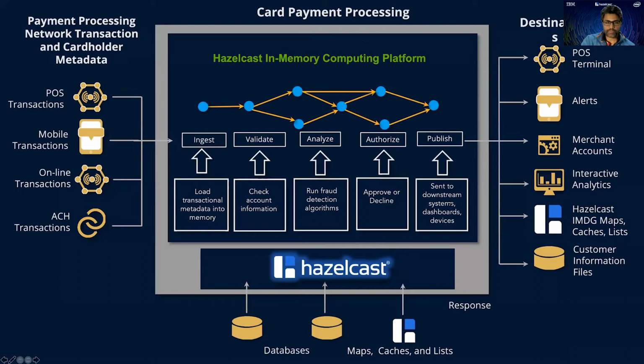All these steps that you see in this example for credit card payment processing: ingestion, transformation, validation, authorization, business rules, execution of business rules, fraud checks, and all those things. These are all the steps of the compute operation of a credit card transaction processing, which you as a user can define easily through programmatic APIs, and we'll see an example of how you do that, and you deploy that on the platform.